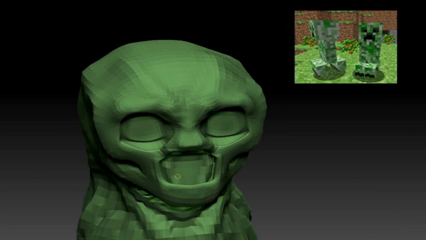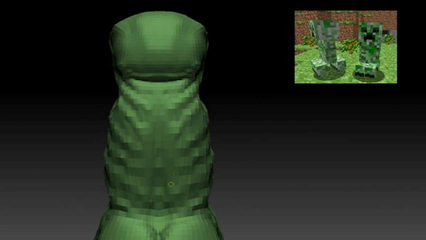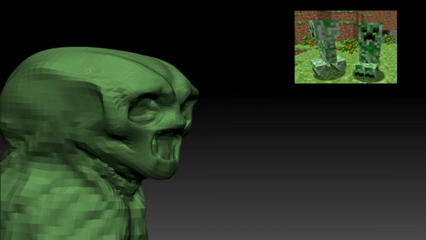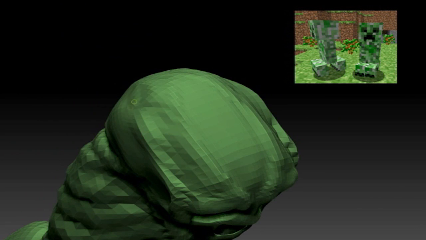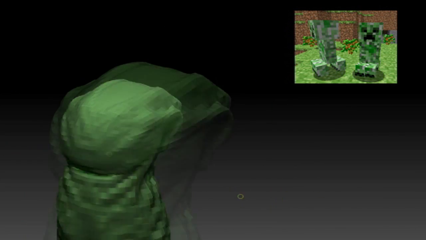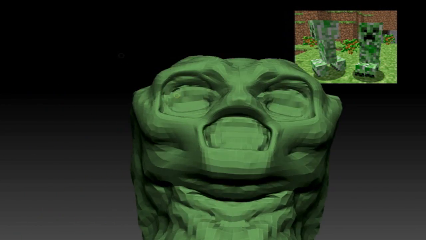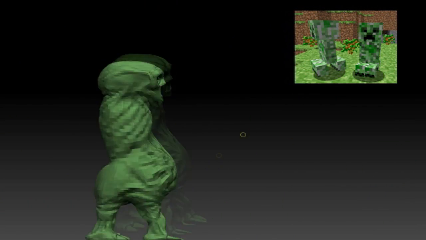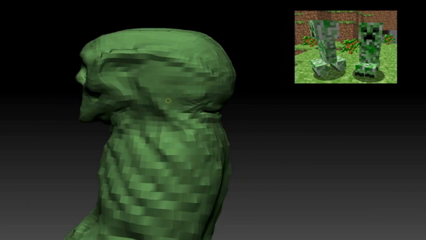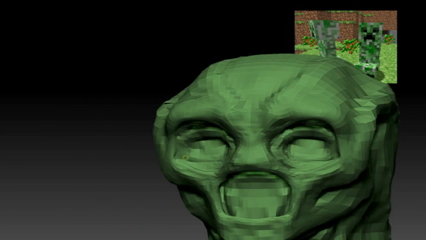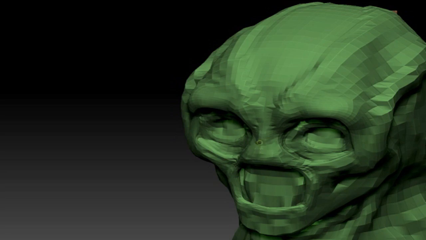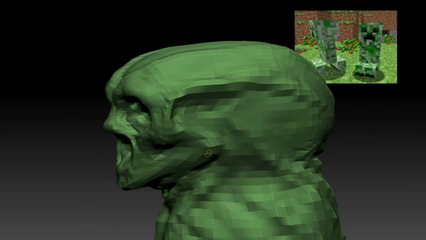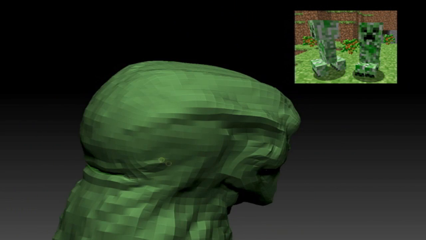So I'm doing the eyes right now, and if you notice in the Minecraft creeper, the actual mob, the eyes are not pure black, which means they might have some eyelids. If you look closely at the actual skin of the mob, they're not pure black. So right here in ZBrush, I'm doing the eyelids, and later on I'm going to paint them dark gray. And right there I'm doing the jawbone. So I'm really giving it that human feel. Jaw structures are right there.